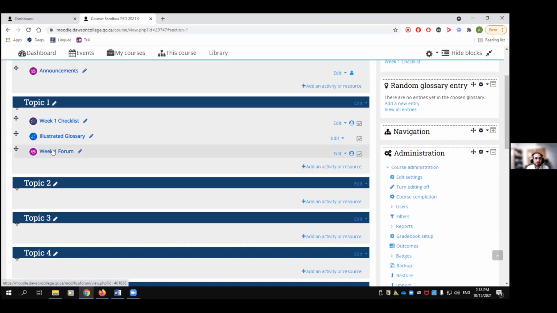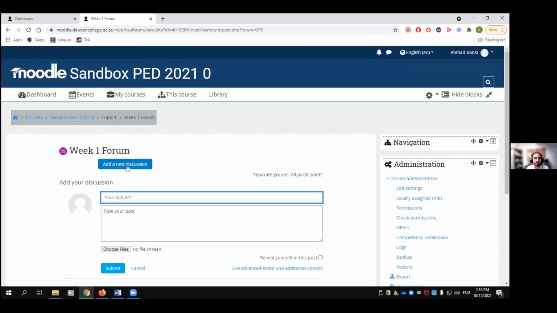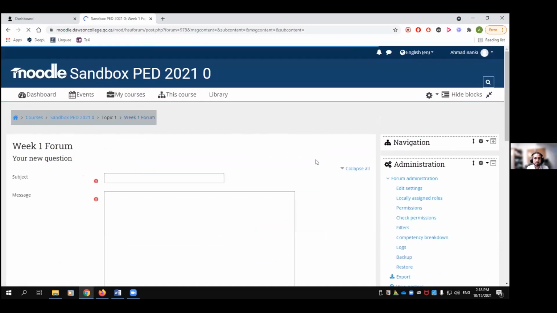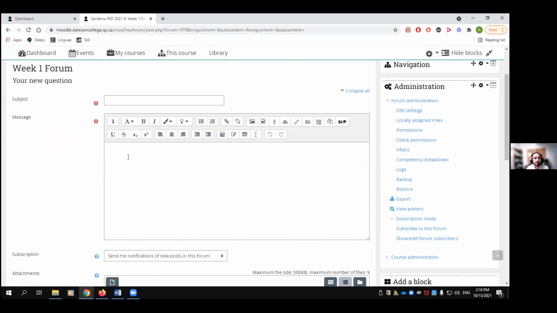So you can open your forum. For this kind of forum, which is the Q&A forum, you need to initiate the discussion. So add a new discussion. And what I would say, again, this is not in the file, so maybe you just pay attention to my demonstration here. Click on Use Advanced Editor down here and additional options. So this gives you a full editor. And here you can say